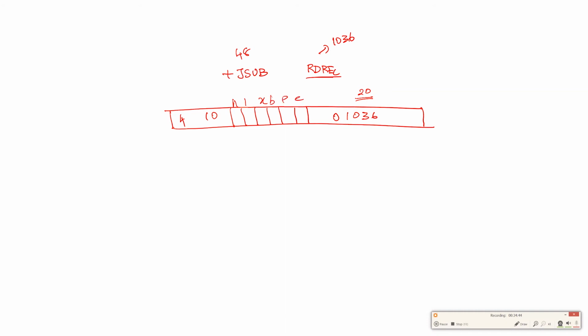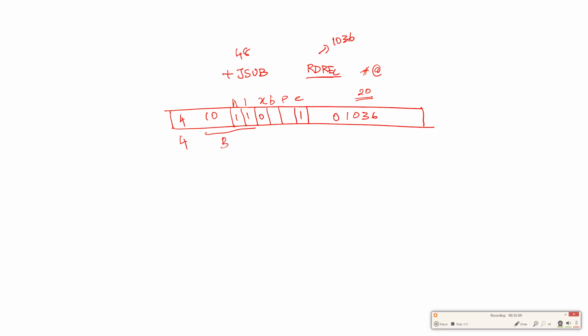Then next we will fill this NIXBPE. So it's format 4, E is 1. There is no hash symbol or at symbol. So it is neither indirect nor immediate, no X also. Now when you write this 4 and this 8 plus 2, 10 plus 1, 11.